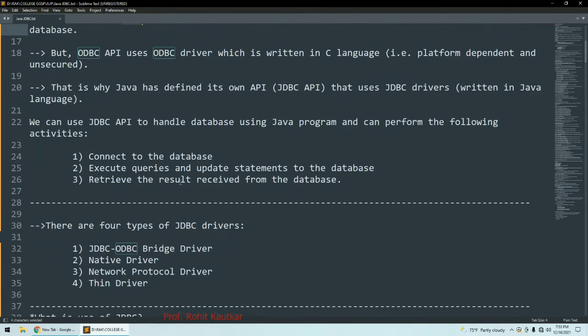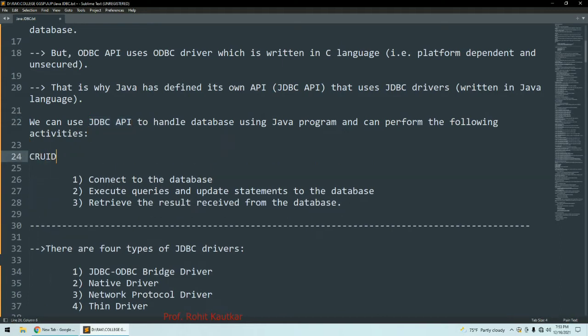Now whenever you use the JDBC API, what can you do with your Java program and database? First, you can connect your Java program to a database. Second, you can execute queries, you can update the data, you can delete the data, you can perform various database operations, and you can retrieve the result from the database. This means the JDBC API will help you to perform CRUD operations.